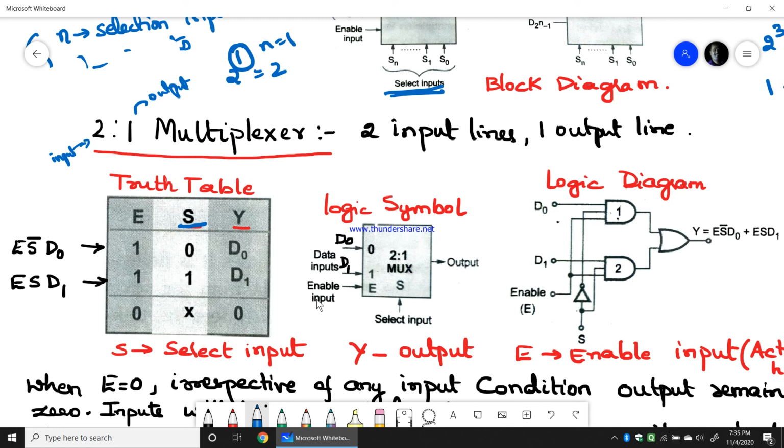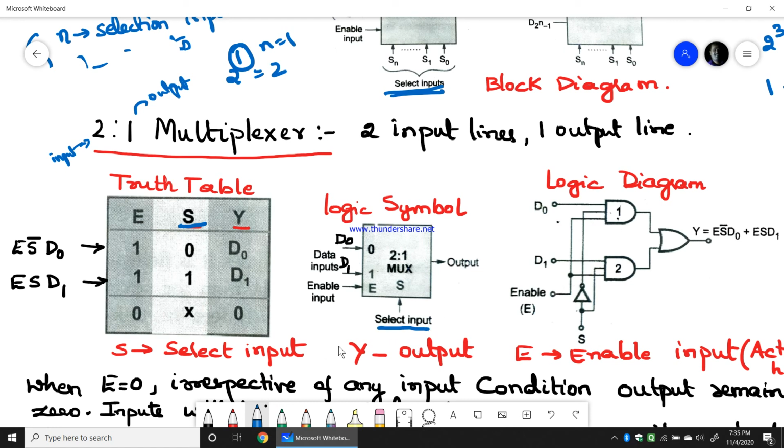If the enable pin is deactivated or disabled, then your multiplexer will never select any inputs. The output remains as 0. If the enable input is deactivated, the output will always be 0 irrespective of the value of the data inputs that you give. So the enable input should always be enabled.